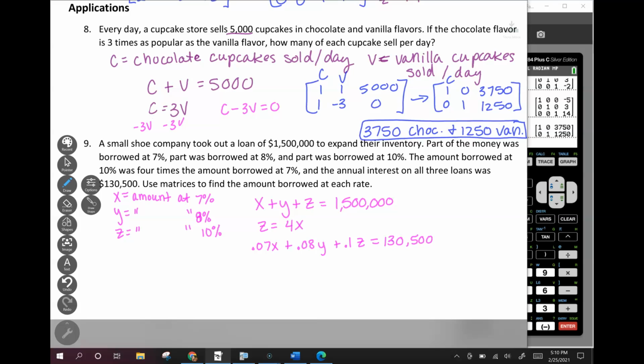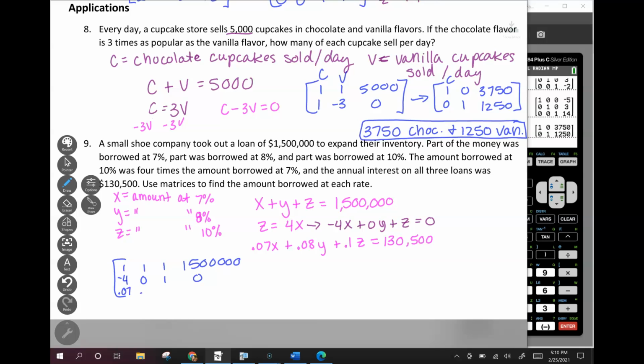Now I'm going to put those in matrix form and use the calculator to solve. First, we need to get this second equation in standard form, so I need to subtract that 4x to the other side. So negative 4x, there is no y, so you can put plus 0y plus z equals 0. Okay, so just change that up a little bit. And let's write that as an augmented matrix. 1, 1, 1, 1,500,000. Then I've got negative 4, 0, 1, 0,